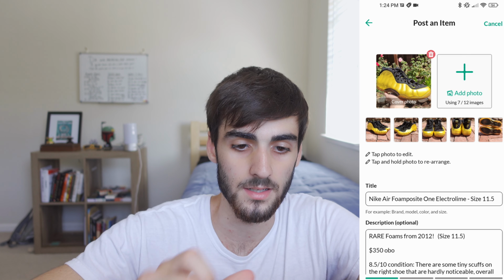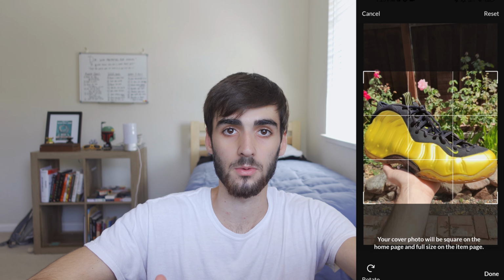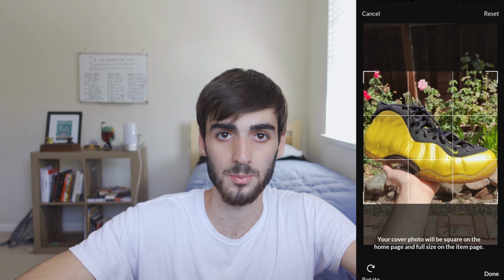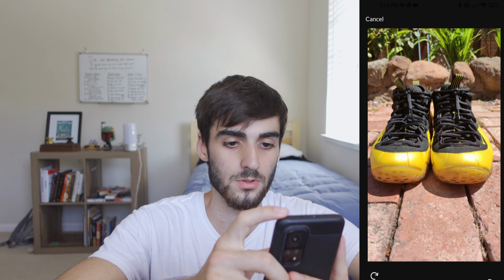For the cover photo, I did a nice appealing picture where I held the shoe, and I made the background some flowers. You could do whatever, just make sure that it's outside and it's an appealing picture. It's out in good lighting, and then you basically just take pictures of the shoe from every angle. So it's the shoe from the left side, and then from the right side. I also have the shoe picture from the front, from the back, from the bottom,